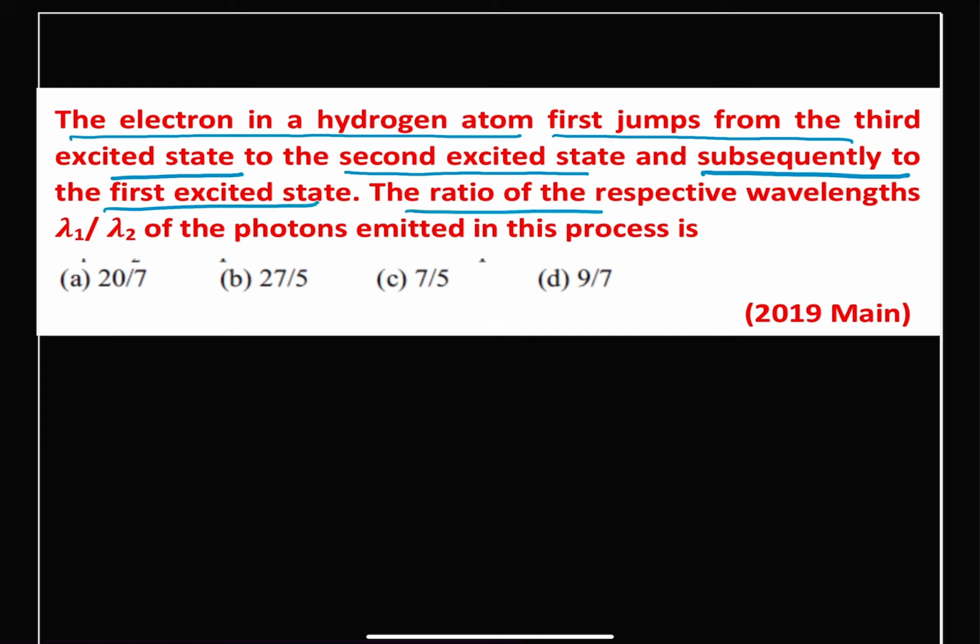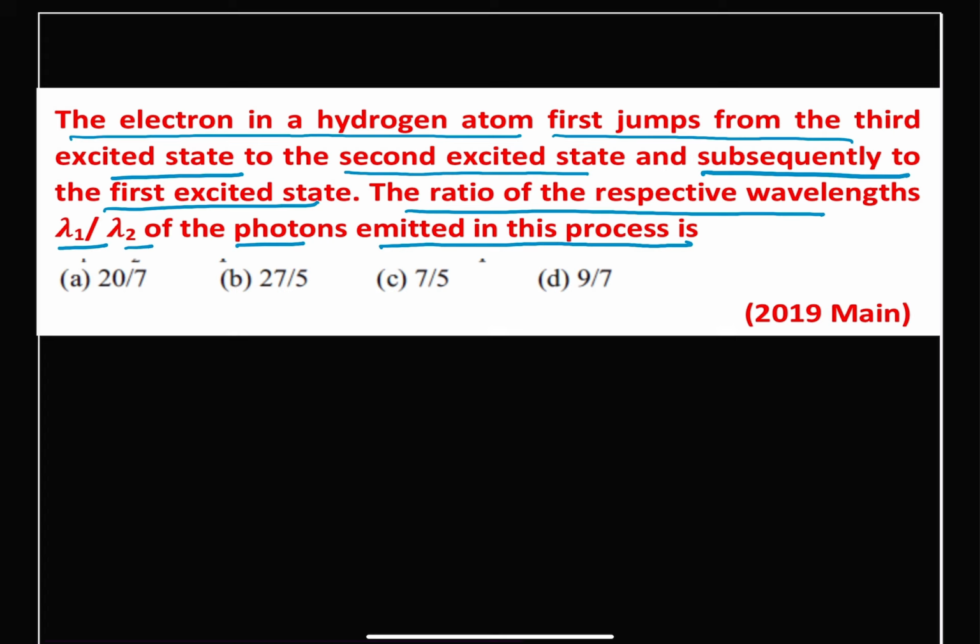The ratio of respective wavelengths λ1 and λ2 of the photons emitted in this process is. So in this case, we are given that it starts from the third and jumps to the second, and the wavelength in that case is given as λ1, and then from second it jumps to the first. The wavelength is given to us as